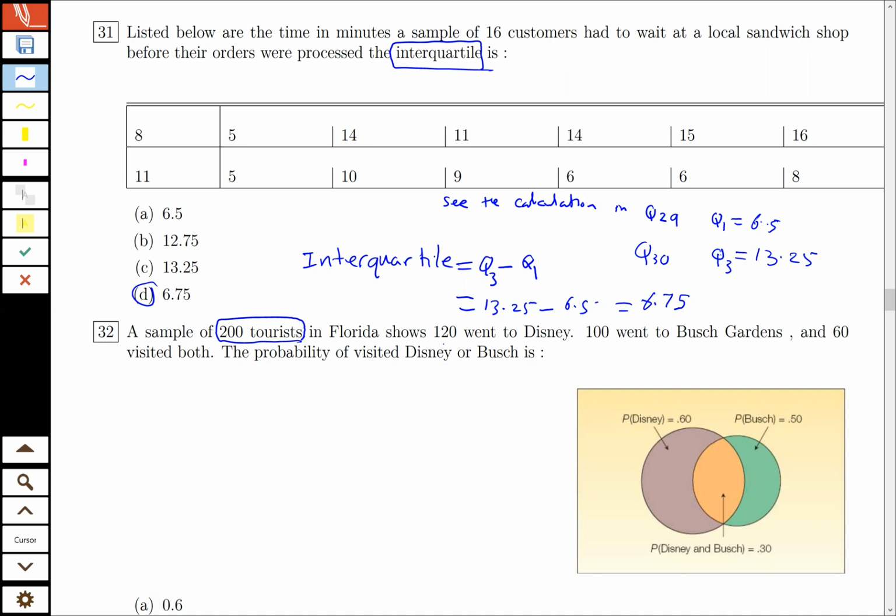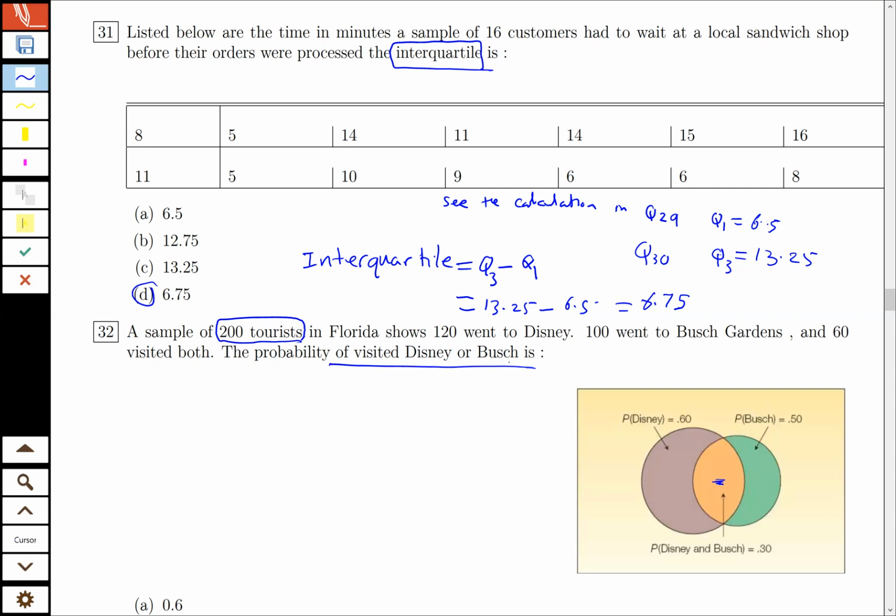They gave me in the statement and in the figure a Venn diagram. Those who go to Disney have 0.6 probability, and those who go to Busch have 0.5, and there are also some people who go to both of them. And what he wants is the probability of visiting